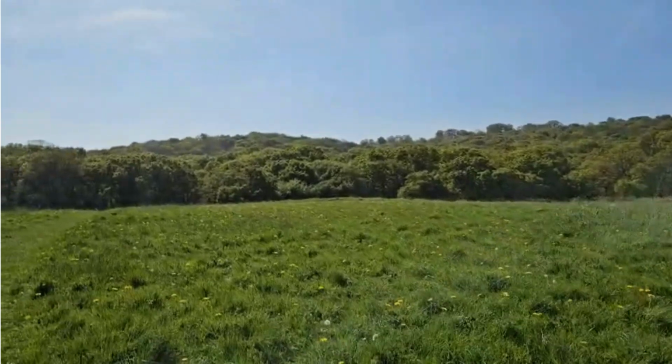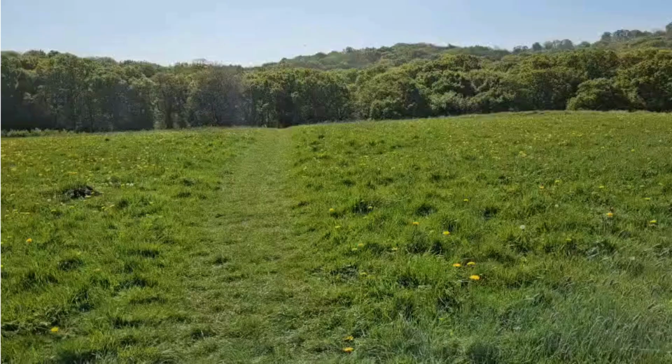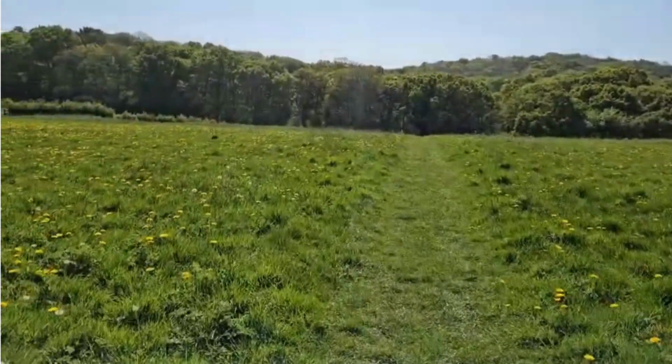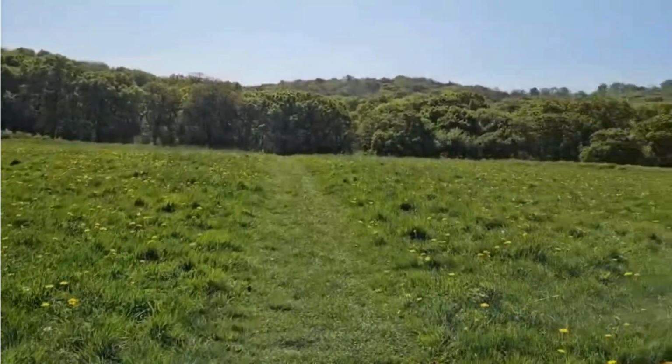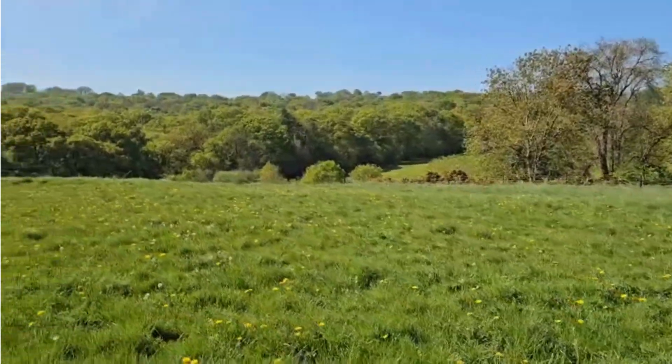Good morning again. Come a different way round to Badbury Wood today. It misses out the village, which is a new route I've not done before. And lying there before us is Badbury Woods, quite an extensive